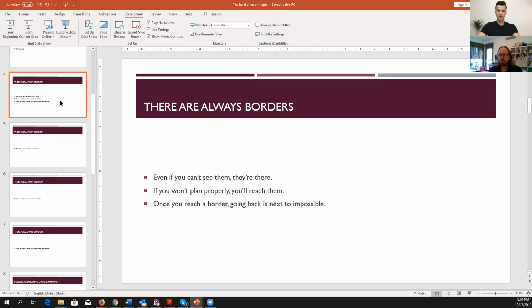And it's really important to explore them and to know the capacity in which you are able to work, your team is able to work, how much time certain things take to develop, and even the capacity of the client to bear with mistakes or failures or pivots that you make while you work. All those borders are really important to explore and to know before you even start working.